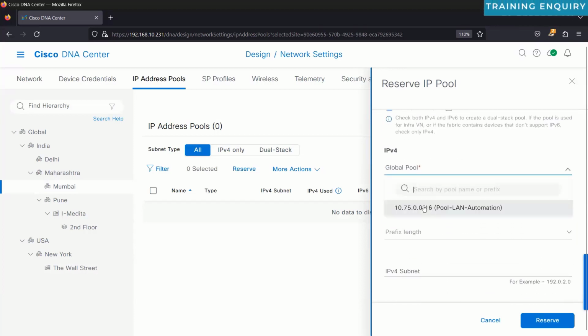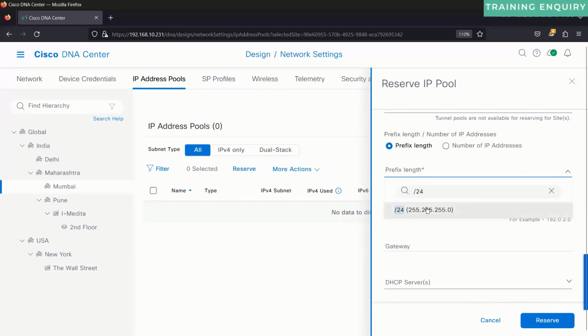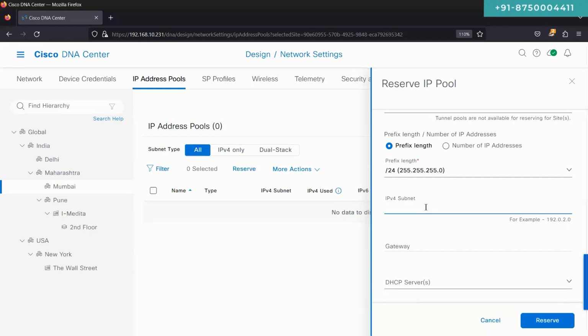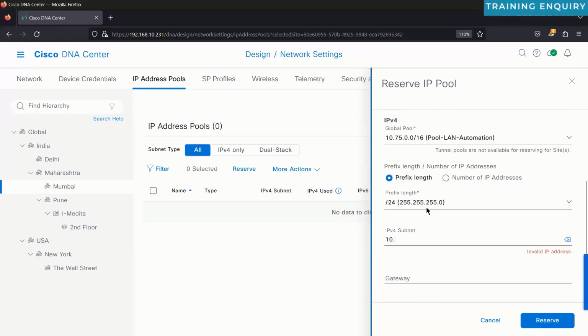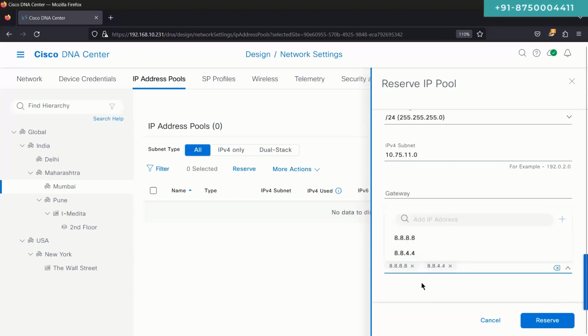Here I'm going to use the global pool, again a /24, maybe 24 or 25, whatever you want. The subnet is going to be 10.75.11.0/24, which will be used for LAN automation in the Mumbai location. Additionally, you can provide the devices with information about the DNS and domain name. However, this is not needed for LAN automation. It is just for information, that we can provide the IP address of the DHCP and DNS server while